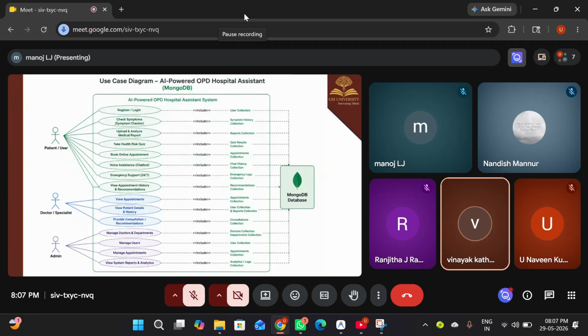For patient users, the system provides register and login, and check symptoms using AI, upload medical reports for analysis, health risk assessment, online appointment booking, and voice enabled features. Currently we are working on the voice enabled chatbot assistant, but WhatsApp integration is already done, along with emergency support, quick appointment booking, and recommendation for